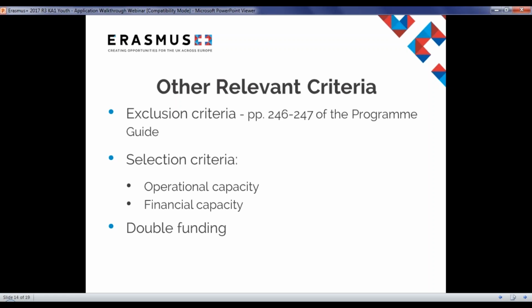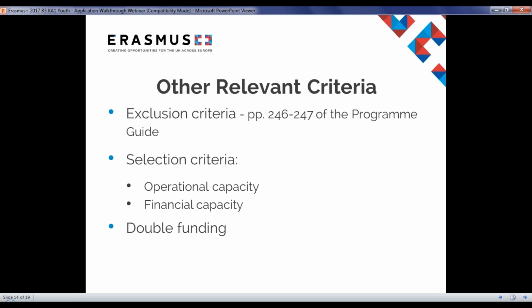In terms of operational capacity, applicants need to demonstrate the capacity to successfully deliver Erasmus Plus projects and administer them in accordance with the grant agreement and the 2017 Programme Guide. This includes the assessment of all those involved in delivering the planned project, and the past history of the applicant in delivering EU-funded projects. An outcome of this analysis may be that the national agency may limit the number of live projects an organisation manages at any one time if it doesn't evidence sufficient organisational capacity to